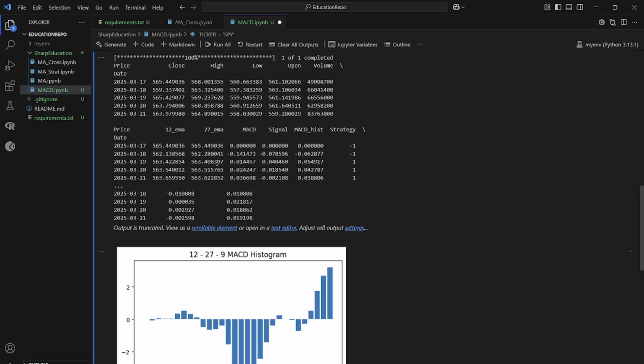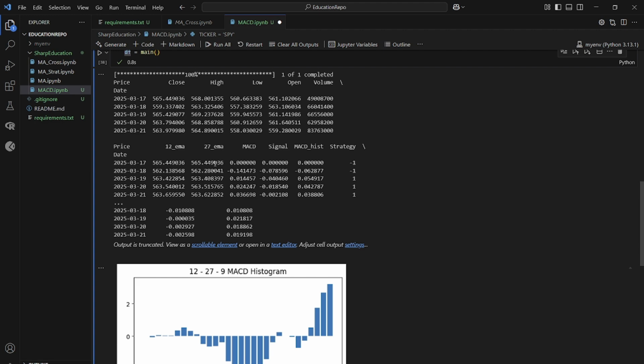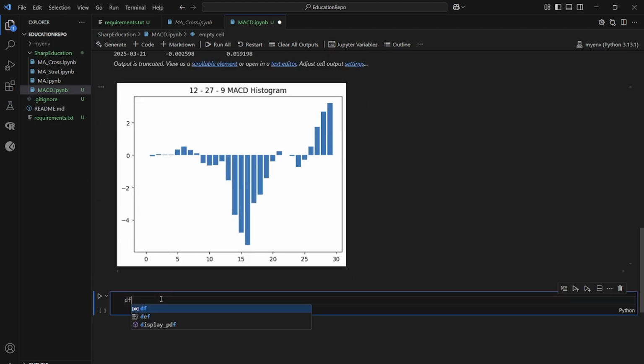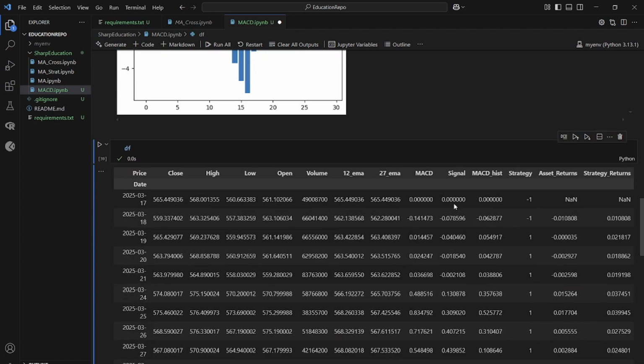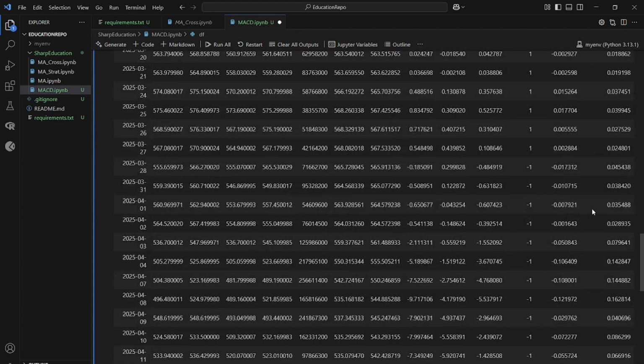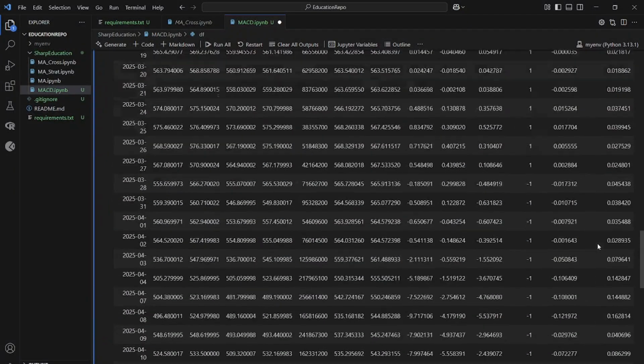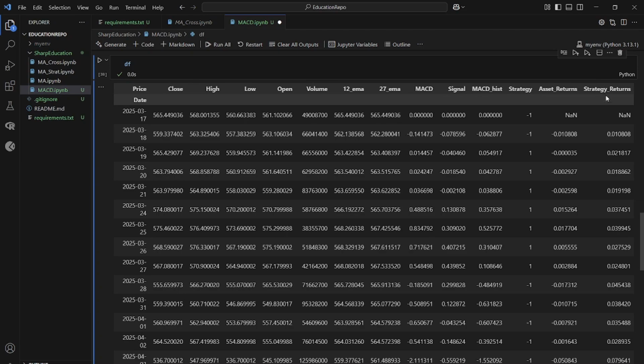All right. So now, yep, we've got those two columns at the end there. Not very clean because we're using a print statement. What happens if I just use Jupyter to display it? There it is. The last two columns are the cumulative returns of the MACD strategy that we have, but there's